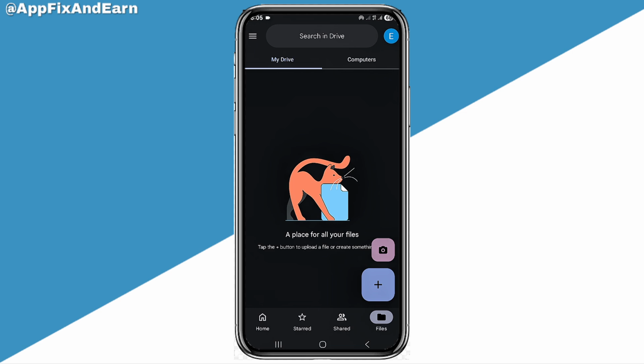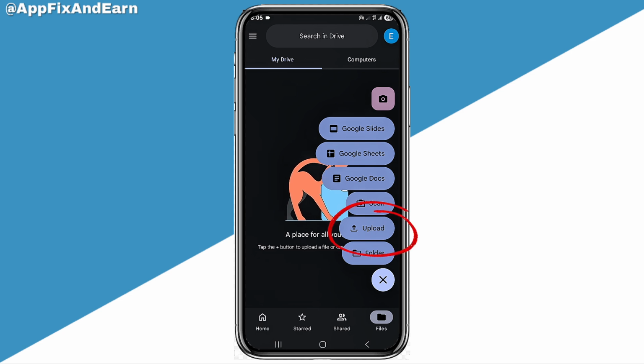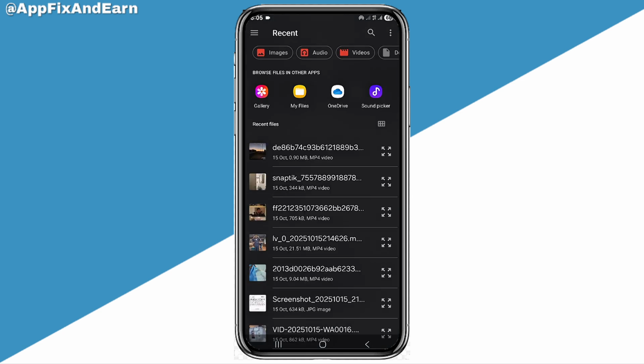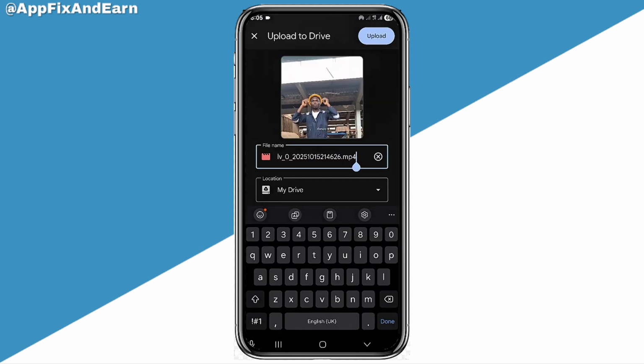Right here at the bottom of the screen, you can see where it says upload. You can see the upload button right here. You can go ahead and click on upload in order to upload a picture, a video, or a file. So I'm going to click on upload like this, and I'm going to select the video right here. I'm going to select this video and I'm going to name it like this,